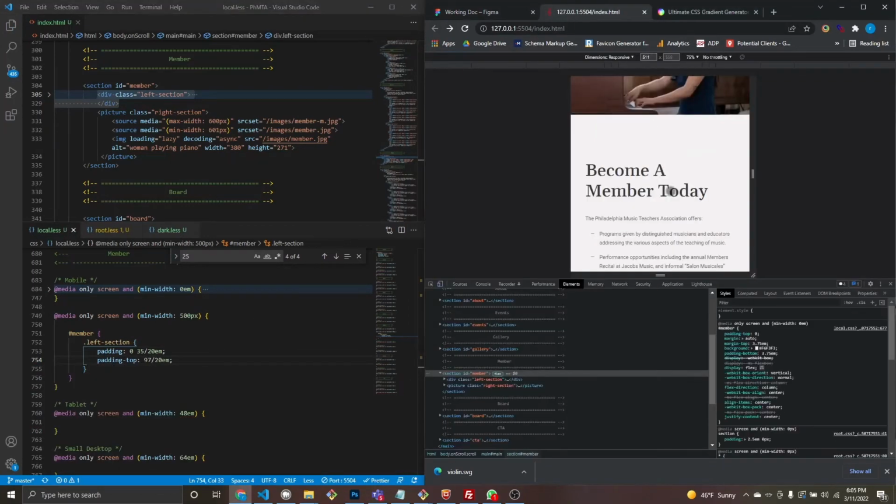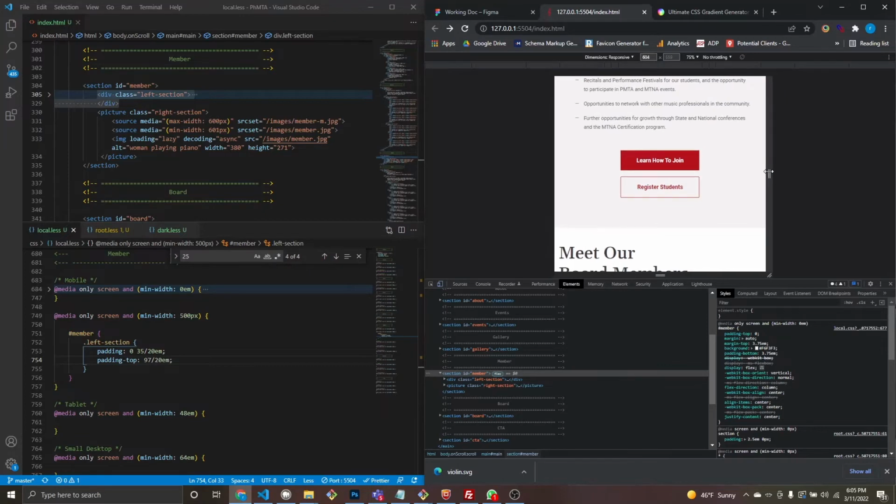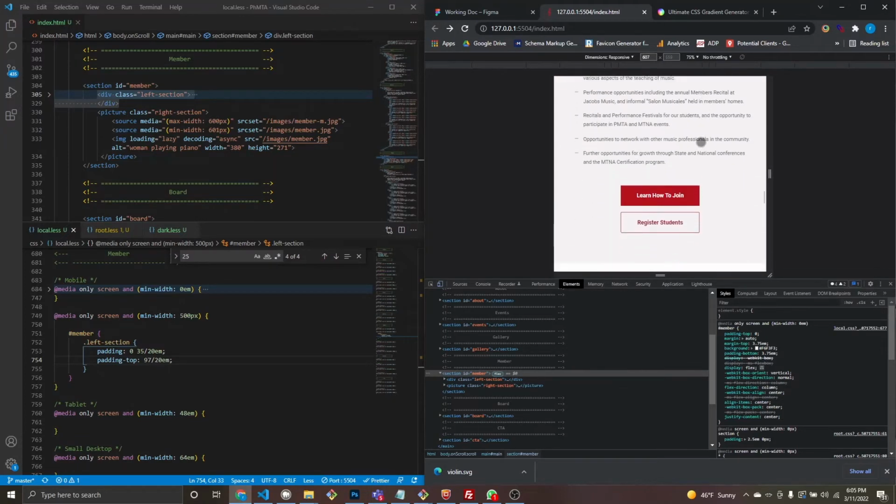That looks like it's a little extra space. A little extra space, but I think these guys can go side by side. So at 600,